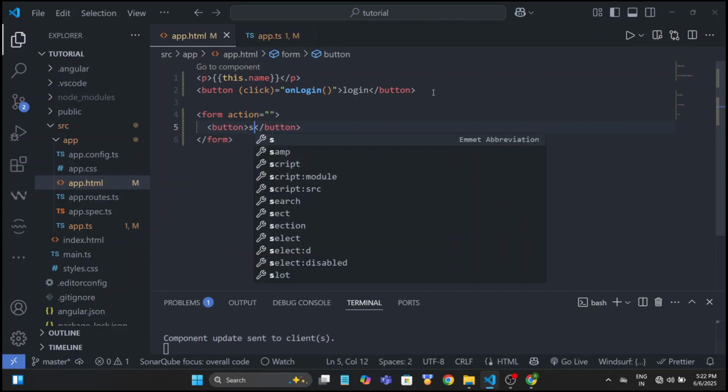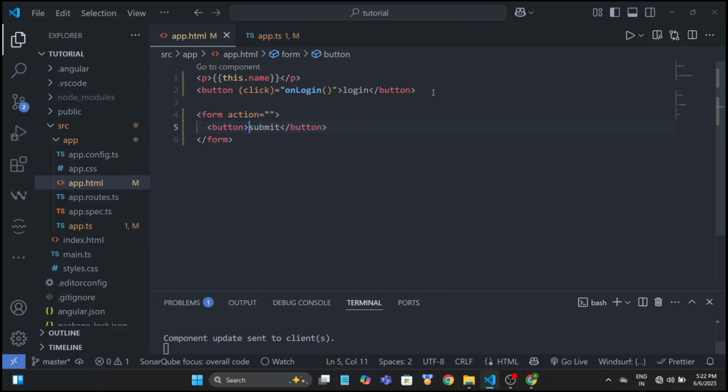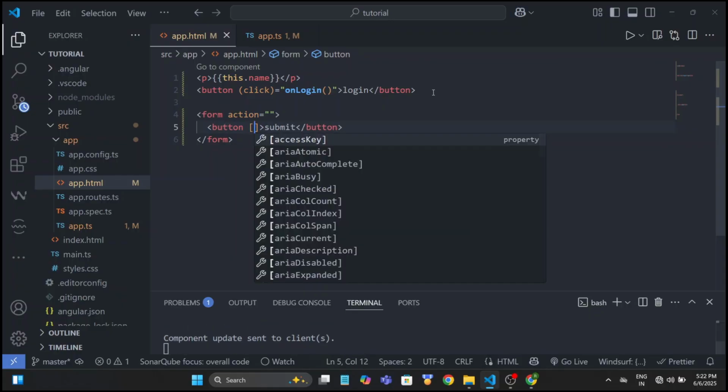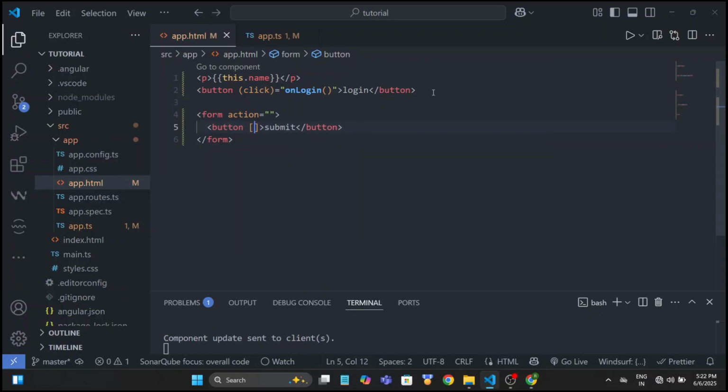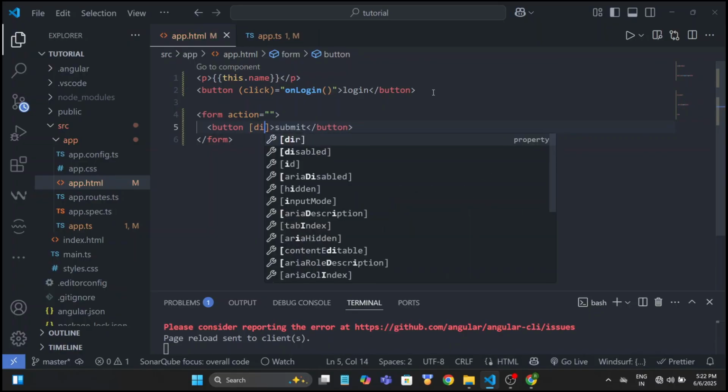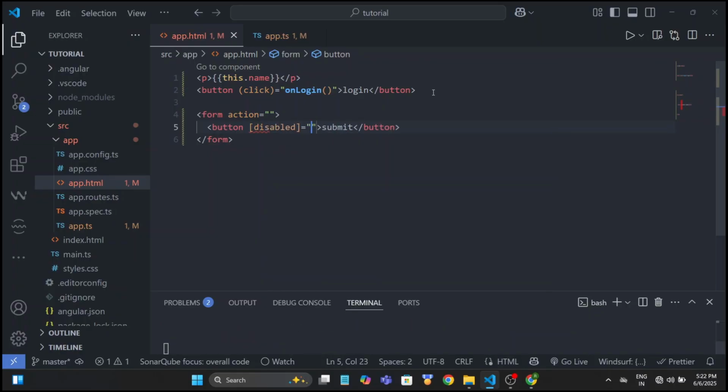The button type is submit, and here I have told you the syntax of property binding. The property is disabled, and it is equal to this dot name is equal to